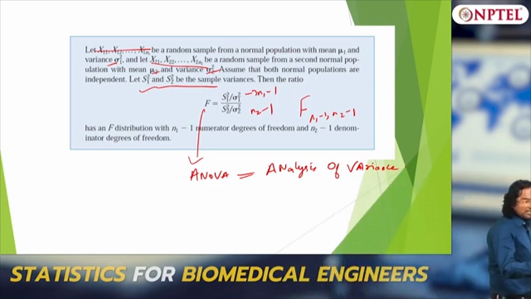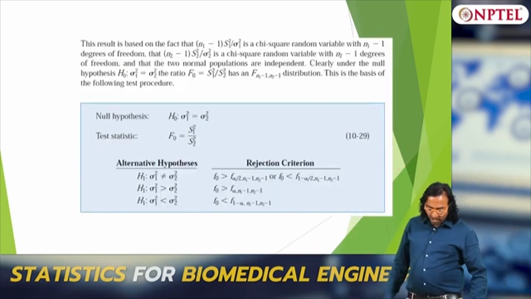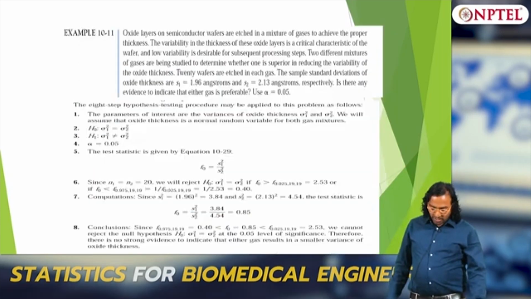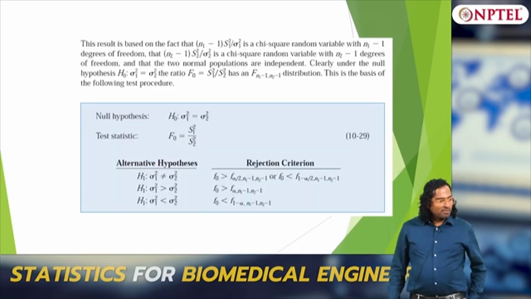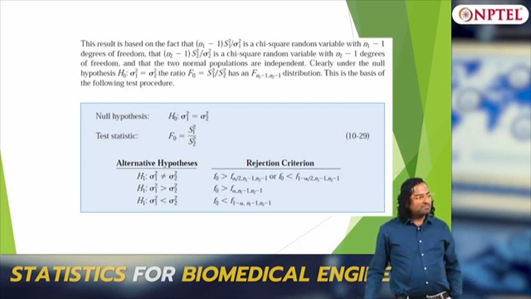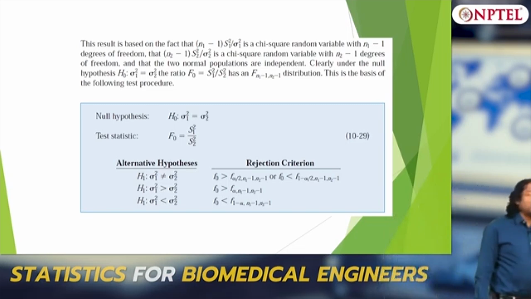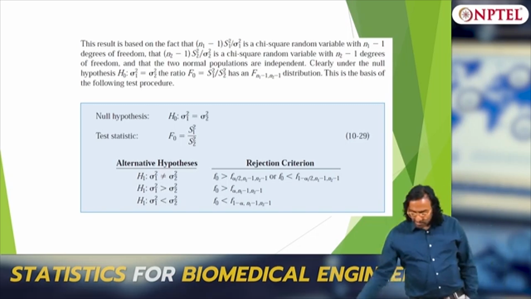So how would I give a confidence interval? My F distribution is a ratio, and what is my confidence interval? For chi-square, what is the confidence interval? Sigma squared lies between, so you have sigma squared